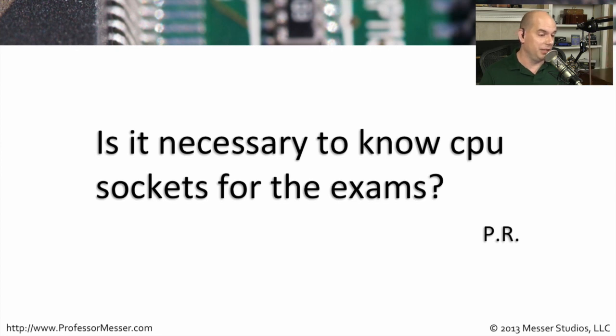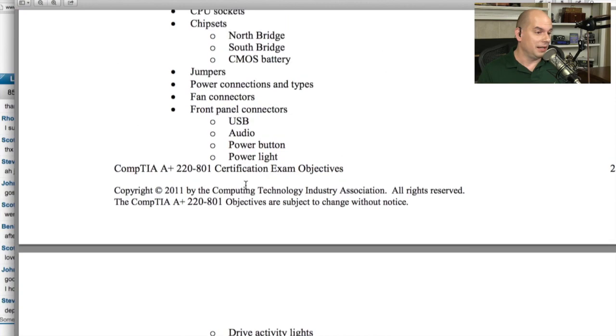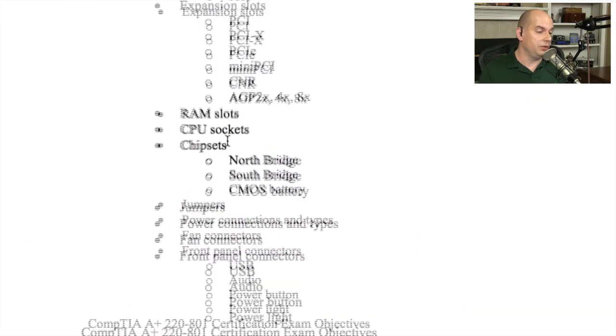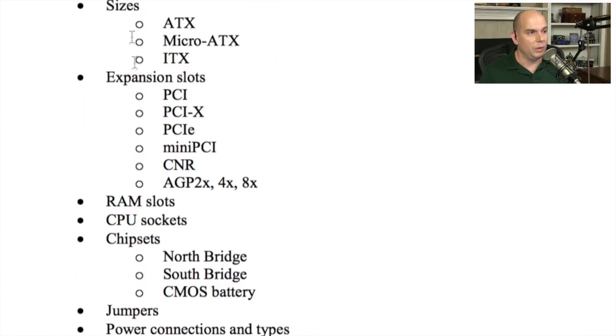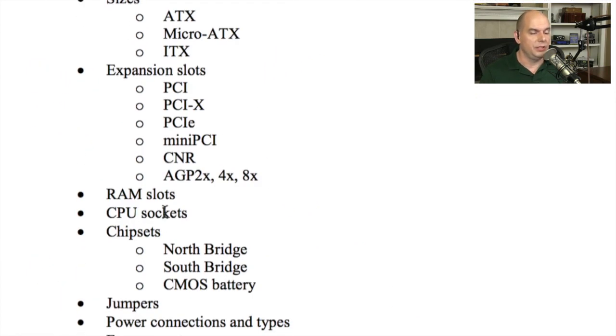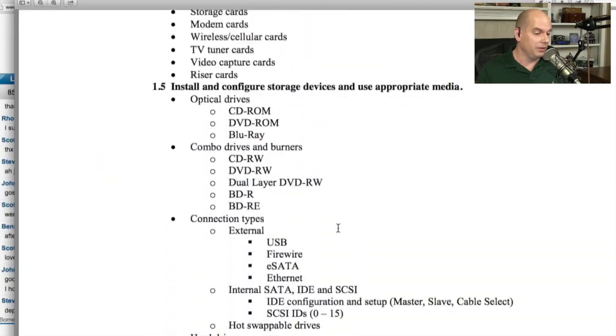And here's the challenge. Speaking of what you need to know, here is the section on the exam that talks specifically about sockets. You need to know different CPU sockets. So first, there's different types of sockets. It's listed as section 1.2, CPU sockets. And there's not a lot of different kinds of sockets, just generic formats. You know, there's slots, there's a PGA, there's an LGA. But I think what this question is really talking about is if I scroll down further,